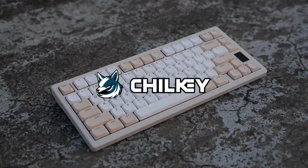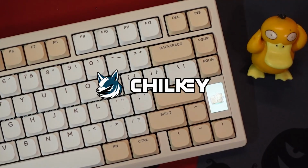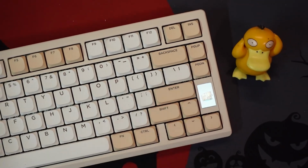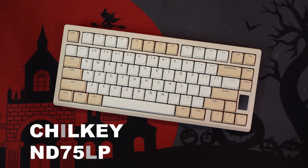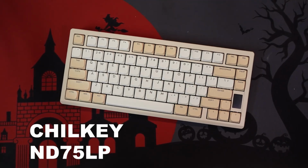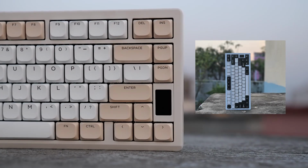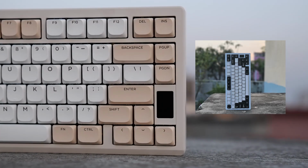But then the folks at Chilkey sent me this one to try out, and I have to say, I'm kinda impressed with this. This is the new Chilkey 75 LP. The LP stands for low profile. So it's basically the popular Chilkey ND75 compressed into this new form factor, but with some very good specs across